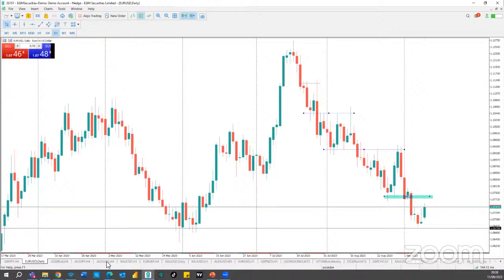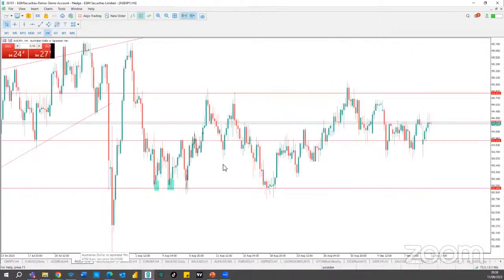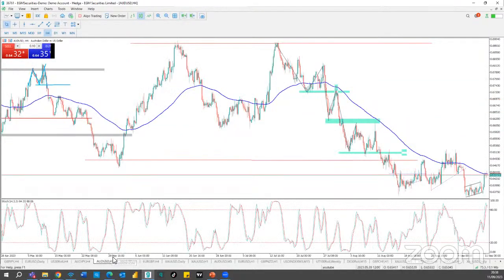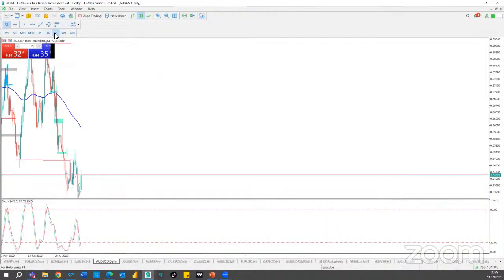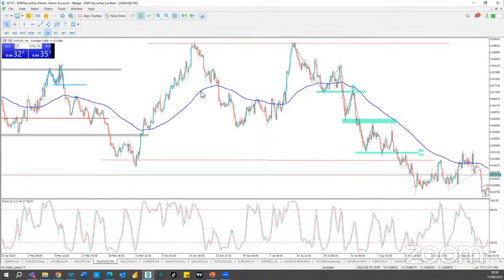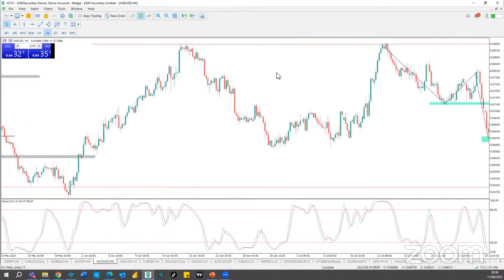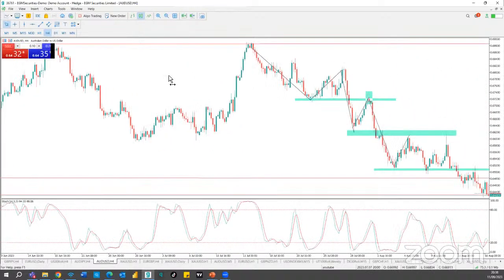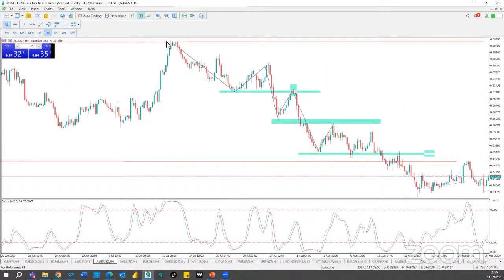Maybe something else. You can look for another example, AUD/JPY. I don't know whether you'll find examples here, but let's say, for example, you have the 4 hours and you're looking at a reversal pattern. Let me remove the moving average. That reversal pattern comes up on a higher time frame. So what can you do? You can use the higher time frame reversal pattern and then move lower. Like, for example, here you have 1 hour, so you can get the reversal pattern on 1 hour, and then